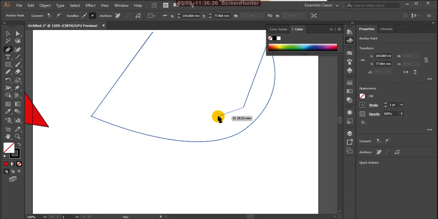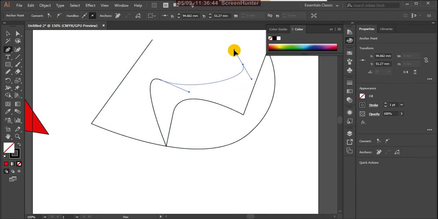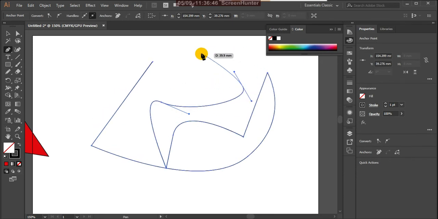Okay, now this is started as a new anchor point. Now without releasing the mouse, you can move that shape how you want. See there. So when you want changes in the shape, you can use alt.